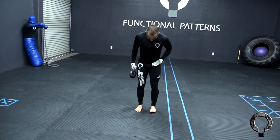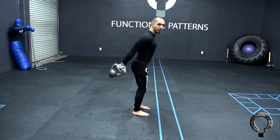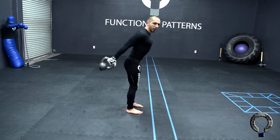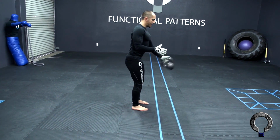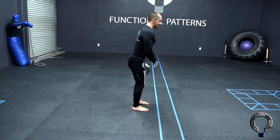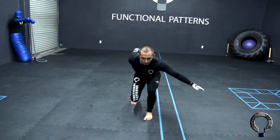So what we're going to be doing is going into that same rhythmic sequence. I'm going to begin to develop that pendulum swing, keeping my scapula back, again focusing on that neutral spine. I'm always mentioning to you guys, make sure that you get that rhythmic sequence, if you need to, just to get it oriented into your body. Once you get that rhythmic sequence down, what you're then going to do is come down and then get this